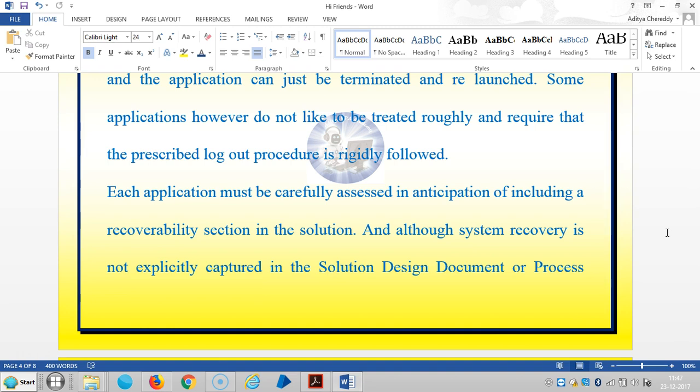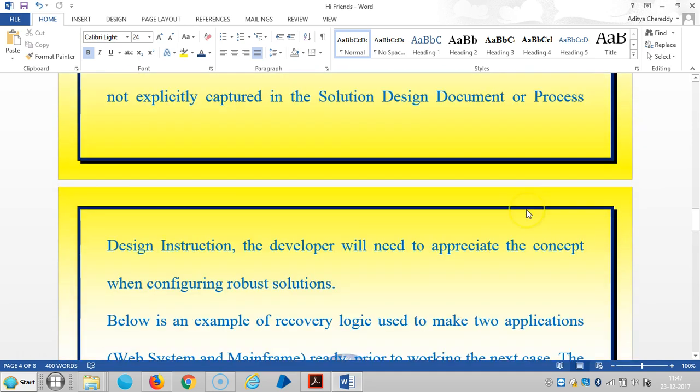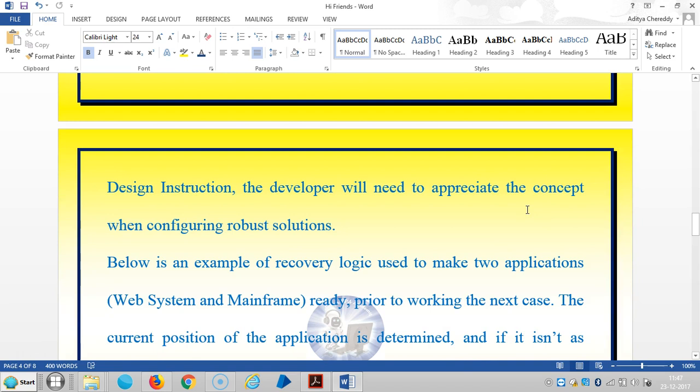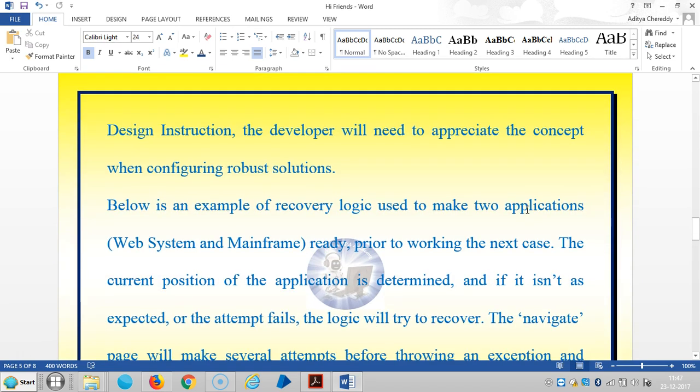Although system recovery is not explicitly captured in the solution design document or a process design instruction like a PDI, the developer will need to appreciate the concept when configuring robust solutions. This is an example of recovery logic used to make two applications, one a web system and the other a mainframe, ready. Prior to working the next case, the current position of the application is determined, and if